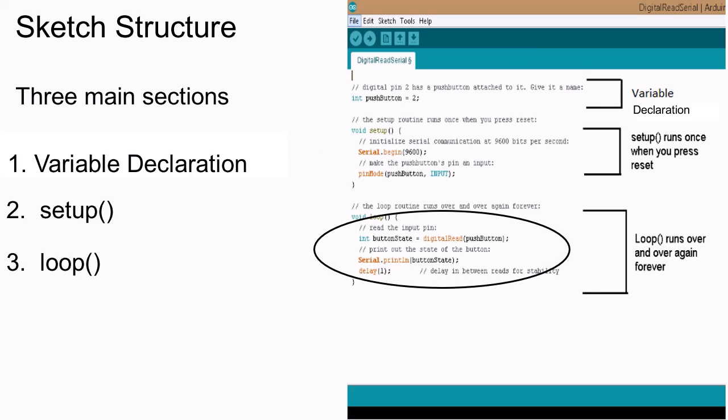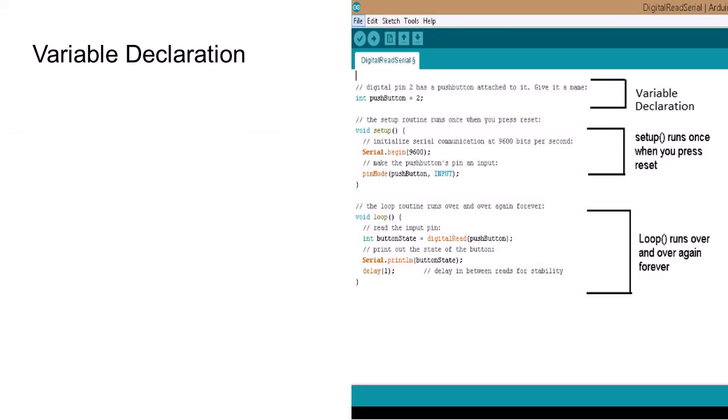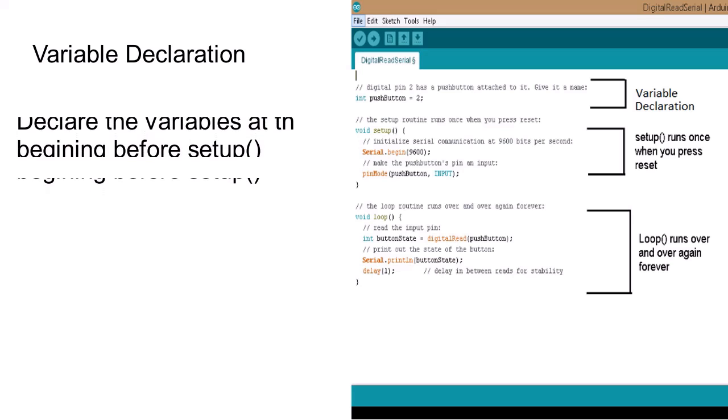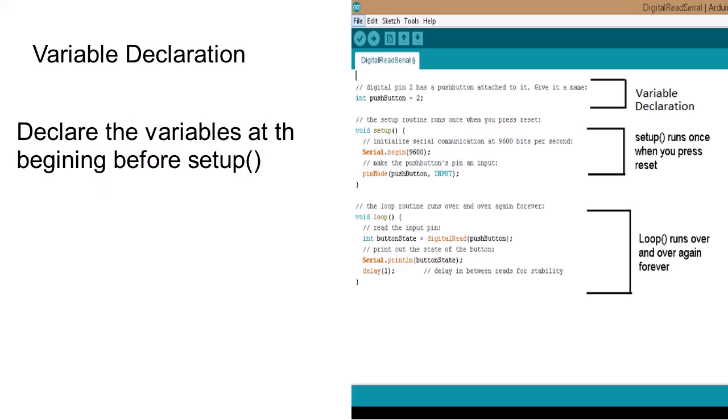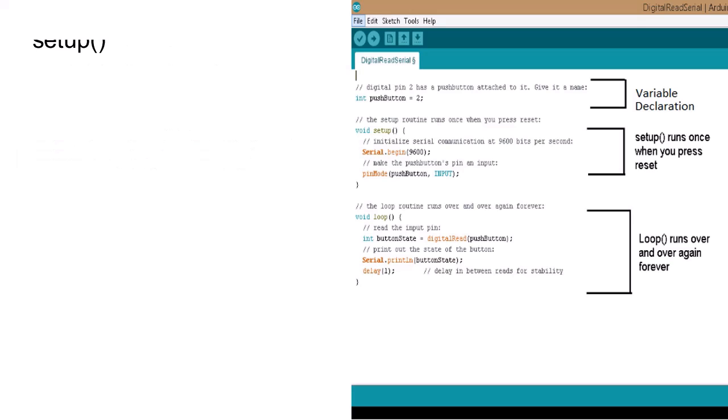When your program runs, it will first define your variables, then execute the setup section once and execute the loop section over and over again. Variables are usually declared at the beginning of a program, immediately followed by the introductory comments. All of the variables that you are going to use in the program should be listed here before the setup